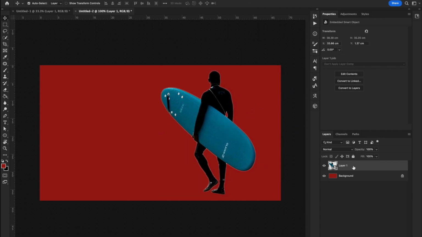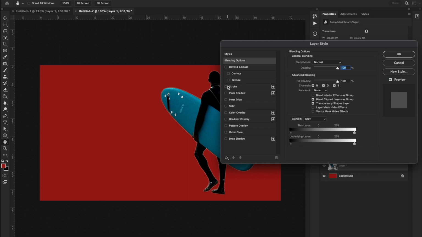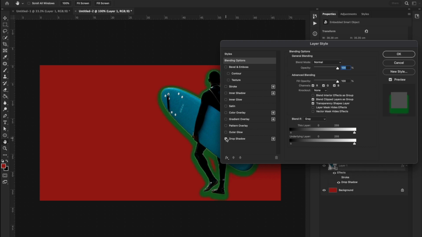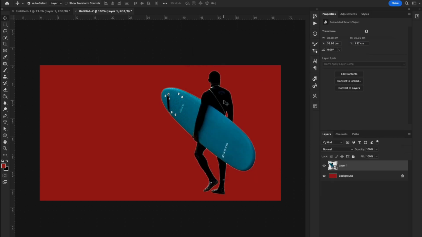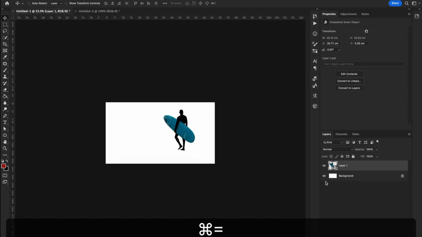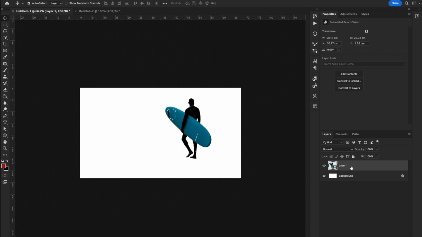And if you wanted to add a stroke to him, you could add a drop shadow, but you might not want to. You might want to keep it, depending on your background. You might want to put a different kind of backdrop with a beach, with the water. Another way of doing it is, rather than dragging it across, we can just click the layer